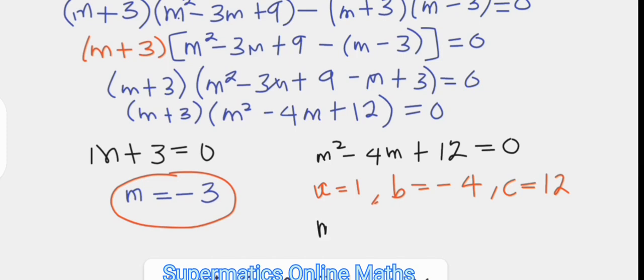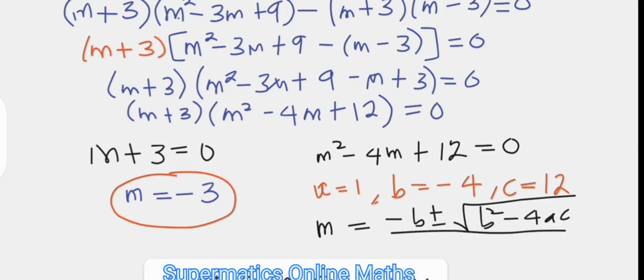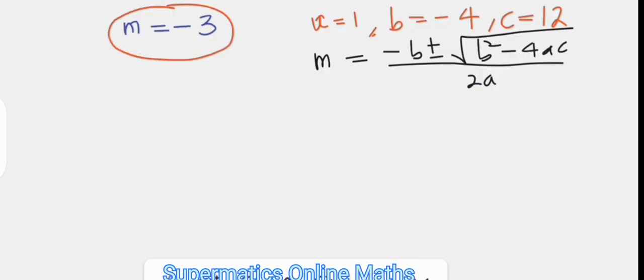The quadratic formula is m equals minus b plus or minus the square root of b squared minus 4ac over 2a. Now applying the quadratic formula will give m equals minus negative 4 plus or minus the square